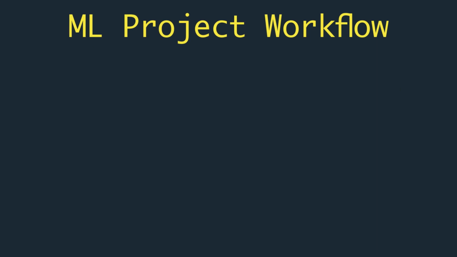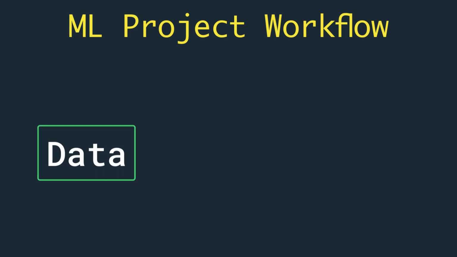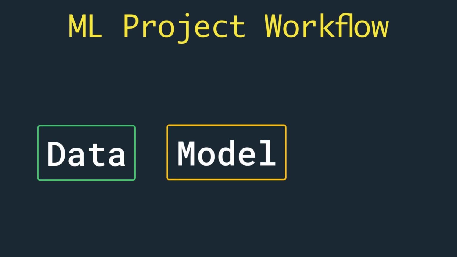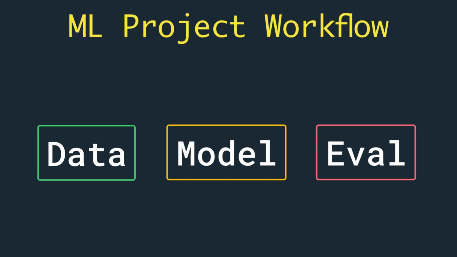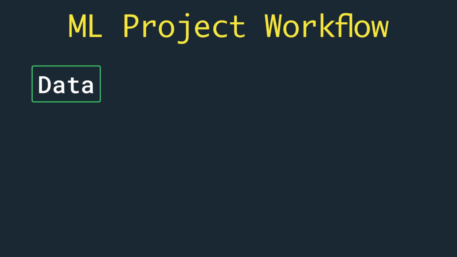into three main stages. The first one is all about data, the second one is about the actual machine learning model, and the third one is about the evaluation and the system performance. In this video, we will explain each of these stages one by one to get a better understanding of how machine learning projects work. So without further ado, let's try to understand data in the context of a machine